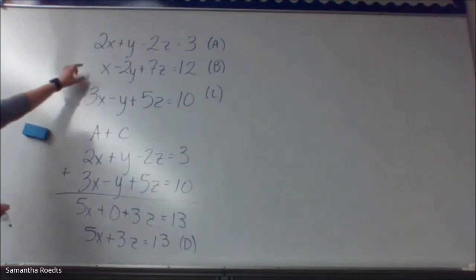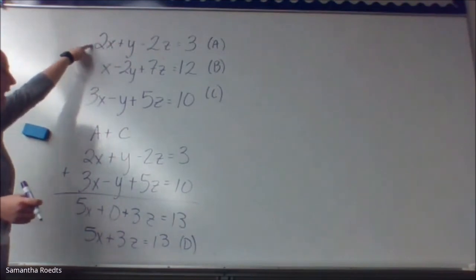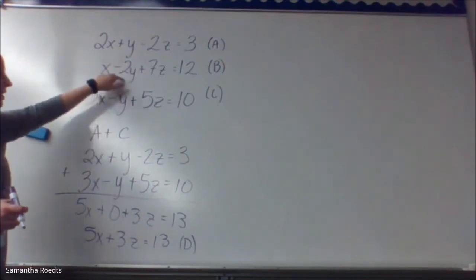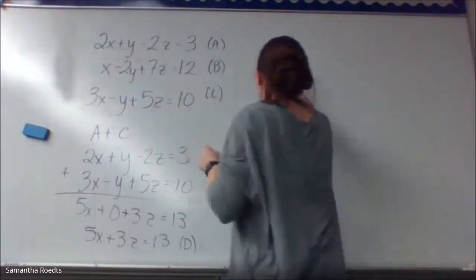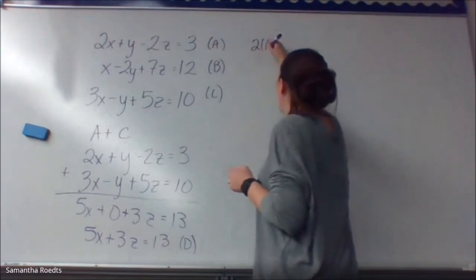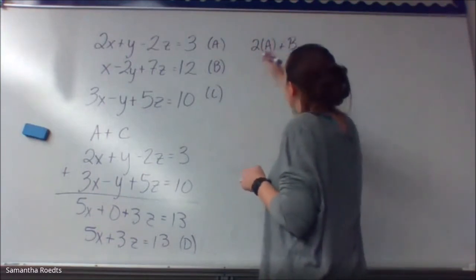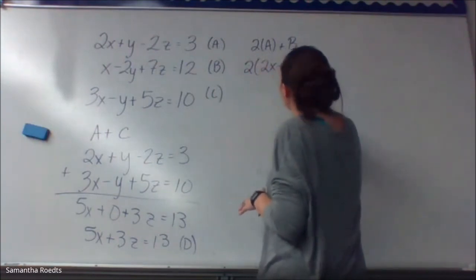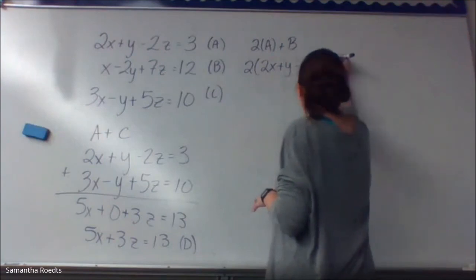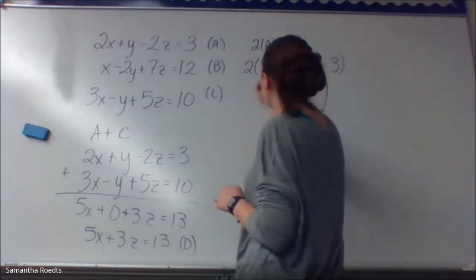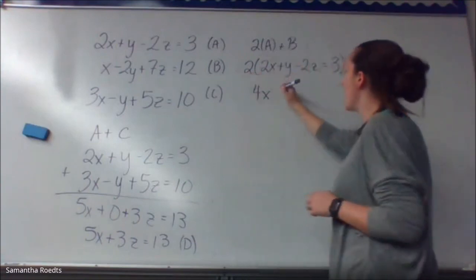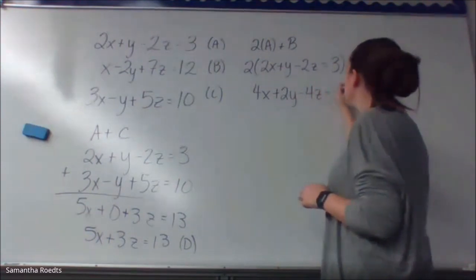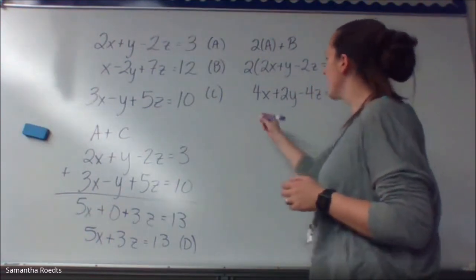And I can also notice that if I multiply A by 2, I could also cancel out my negative 2y here, my 2y here. So I'm going to go ahead and do that. I'm going to do 2A plus B. So I'm going to do the 2A first. So I'm going to do 2 times 2x plus y minus 2z equals 3. 2 times 2x is 4x. 2 times y is 2y. 2 times 2z is 4z. And 2 times 3 is 6. Okay? Then I'm going to add B,